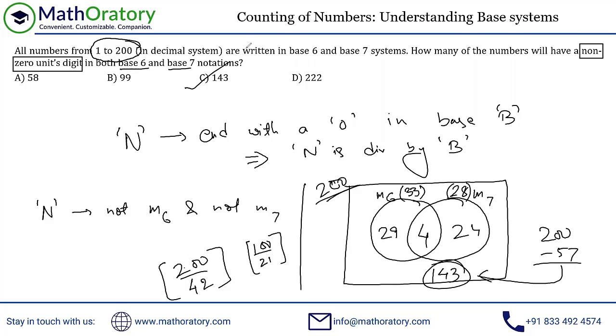So all you have to understand in this question is the significance of ending with a 0 in any base. I have discussed these things in our classes, a couple of things actually. One is the last digit in any base and the leftmost digit in any base. These are the two things that one should understand, because in aptitude tests, except for generic base conversion questions, which appear very seldom, the tricky questions that appear are mostly in terms of the last digit and the leftmost digit. If you understand these two ideas, it's very simple to handle any base system question.